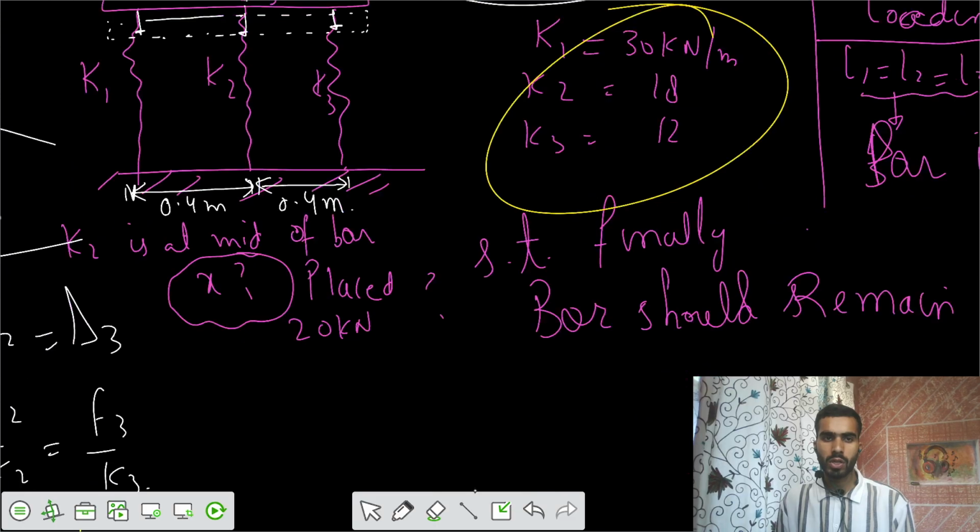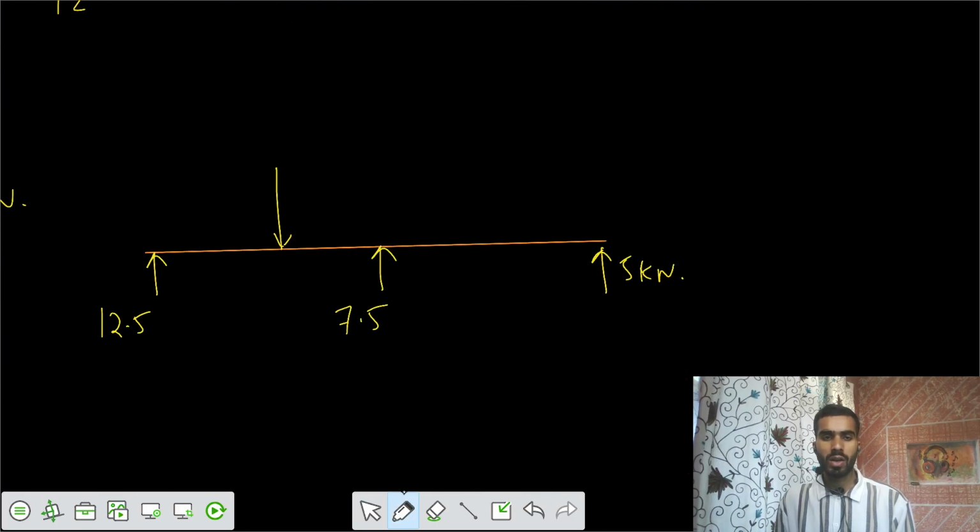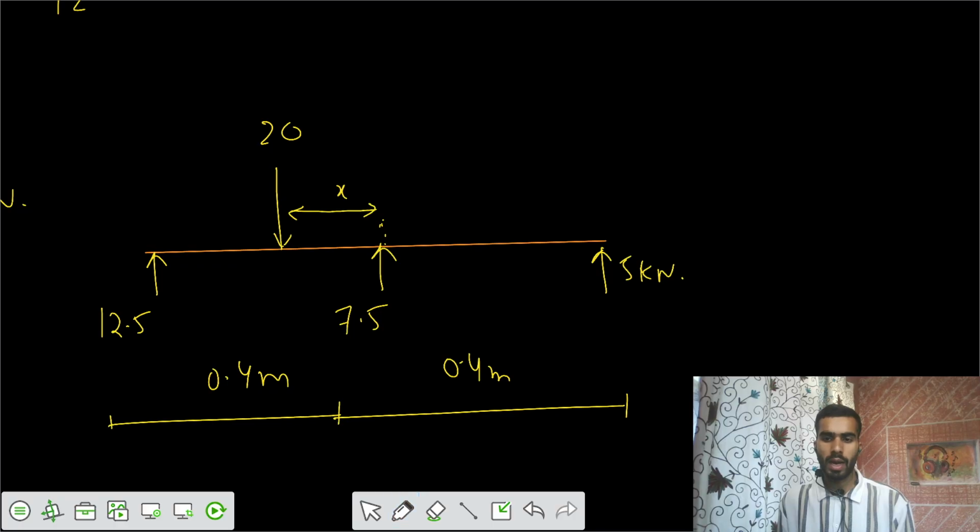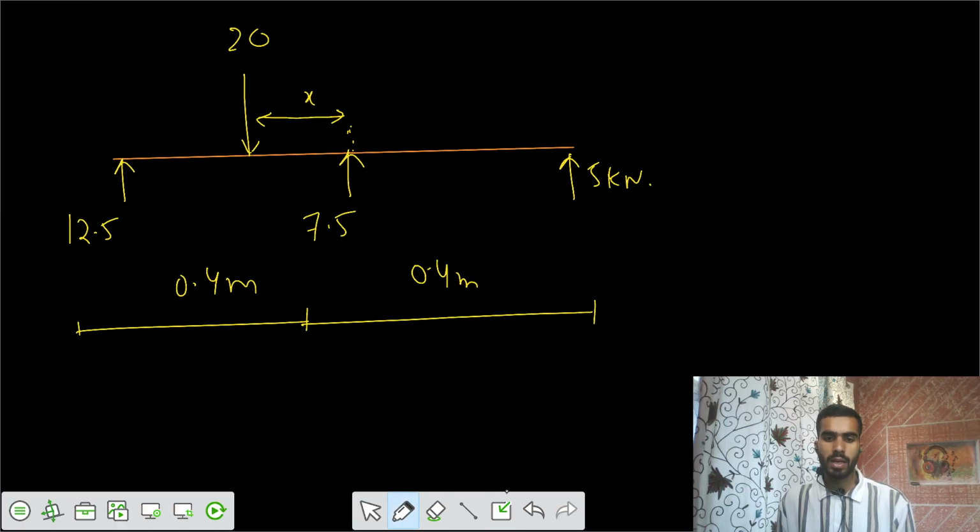I think 20 kilonewton was at a location of x from this point, which is in the mid. So the distance here is 0.4. This is also 0.4, and I need to get that because there is some self weight also acting at that mid. Self weight is also 5 kilonewton. So if I say what should be the value of that x, can you get the value of x by